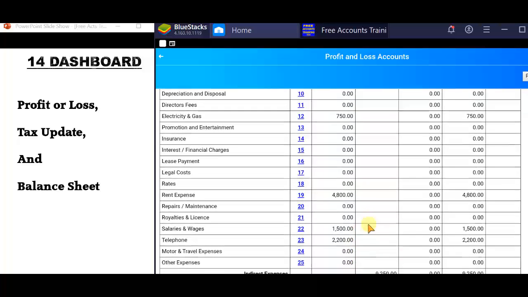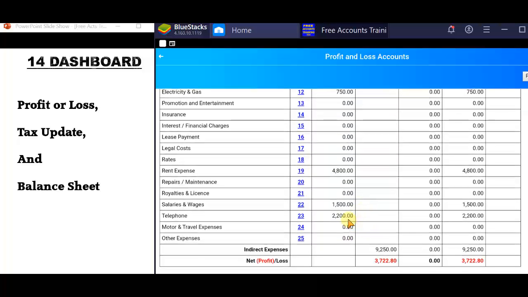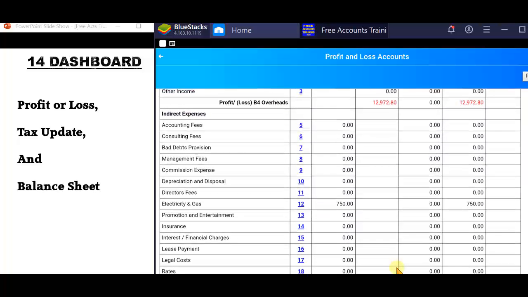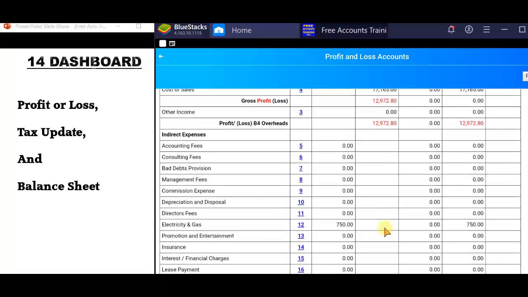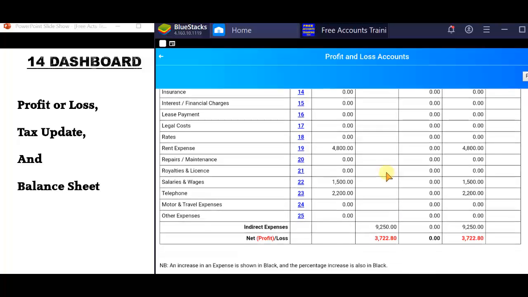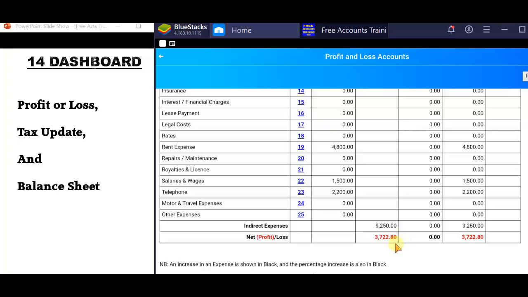We have salaries there. We have telephone there. Total expenses add up to 9250. So the gross profit of 12,972.80 minus the total expenses of 9250 leaves us a net profit of